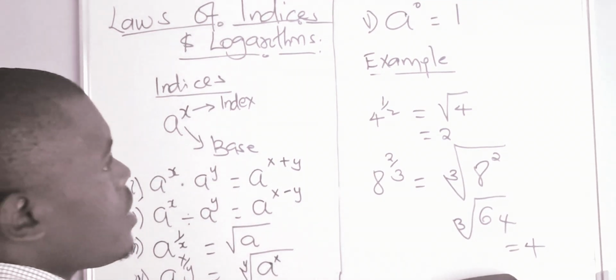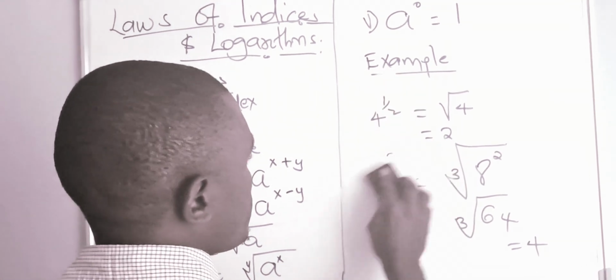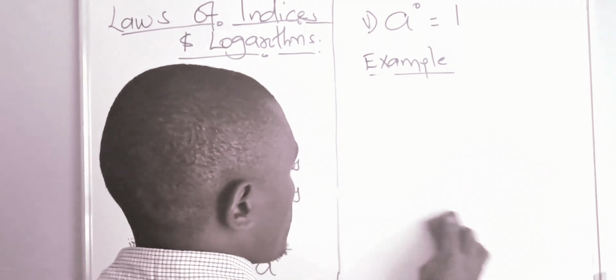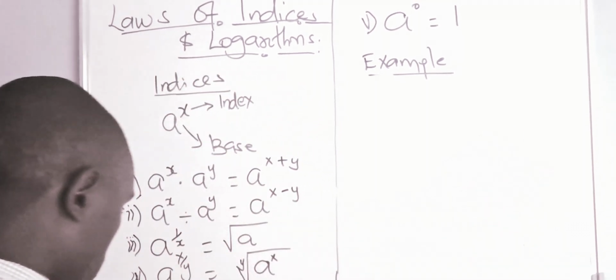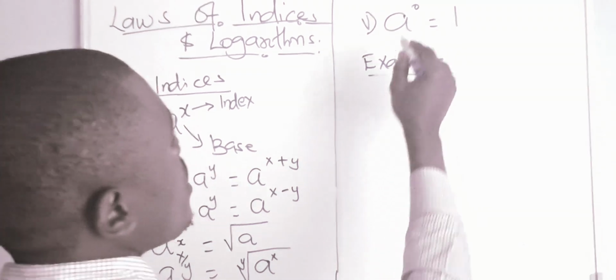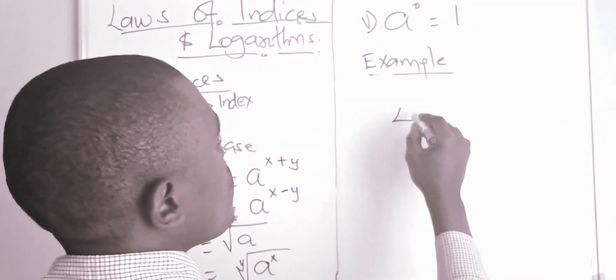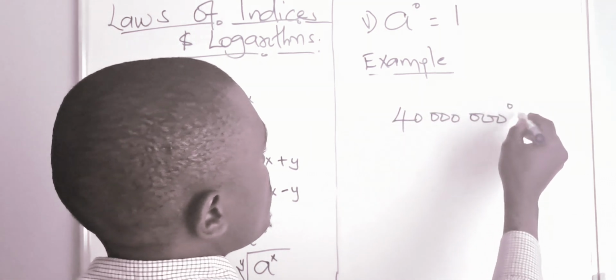We are doing now the last. The last is straightforward. You can use it in one of the examples here. A raised to 0, any number raised to 0, even if it is 40 million raised to 0, the answer